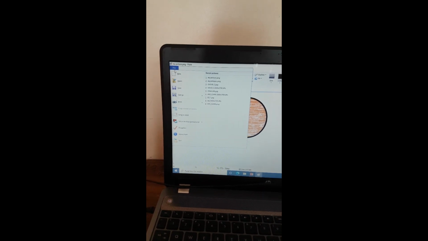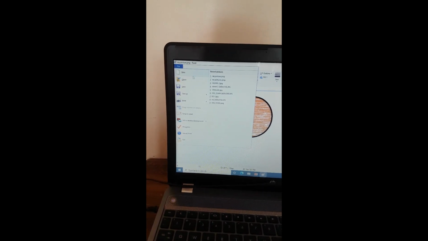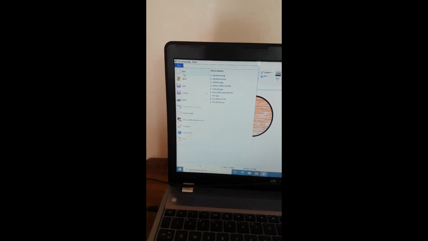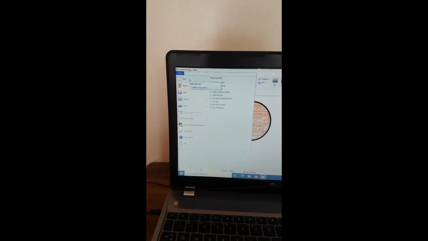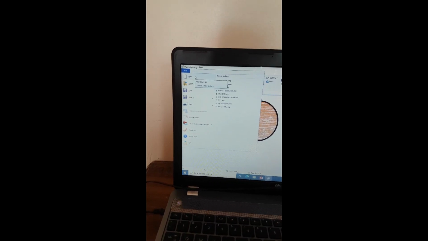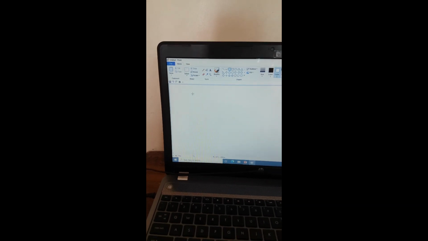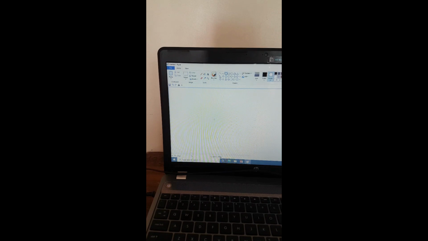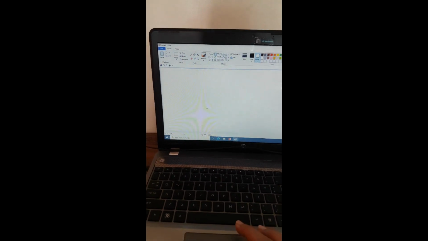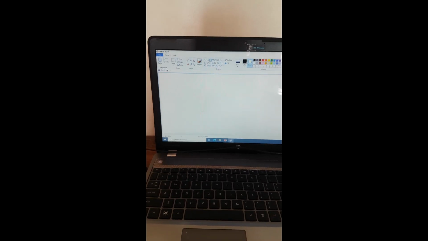Now second step is to click on this drop down list. When you click on this Paint button, this window appears on your monitor screen. Now click on new option. Click on it. When you click on it, this new drawing area is ready for use. These are the steps to create a new picture in Paint application.